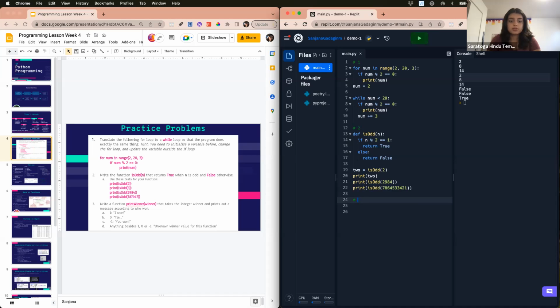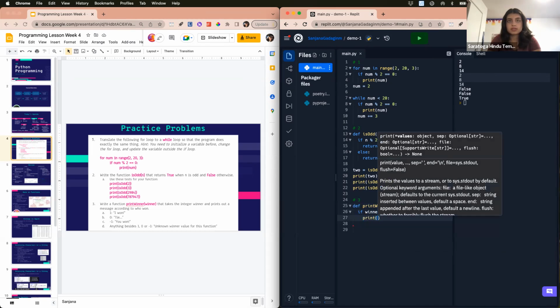Last but not least, number 3. Write a function print winner with parameter winner that takes the integer winner and prints out the message according to who won. So again, this is just a function with an if statement inside. So we define our function print winner, and then our parameter is winner, which in this case is an integer. And then we say if winner is equal to 1, then print